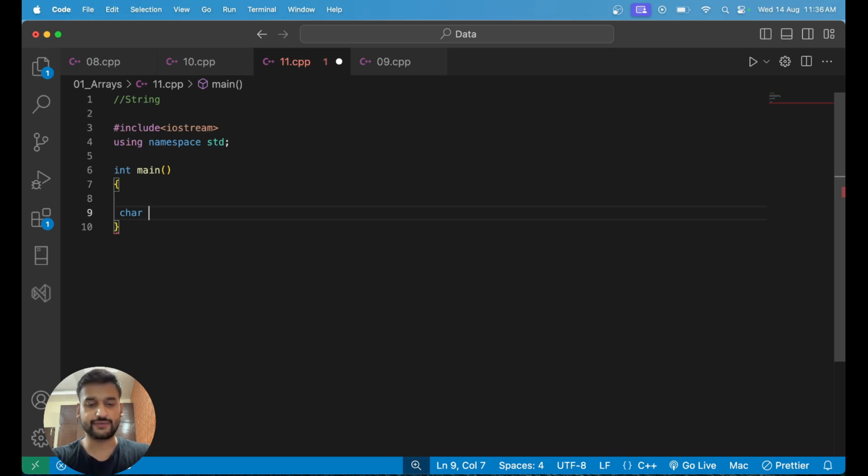So let's say I create a char value, and then I can add some value in this. Let's say I added 'a'. Now this 'a' is going to be stored, and accessed, in this char value. I can print this out, I can do anything with it, and this is taking 1 byte of space in